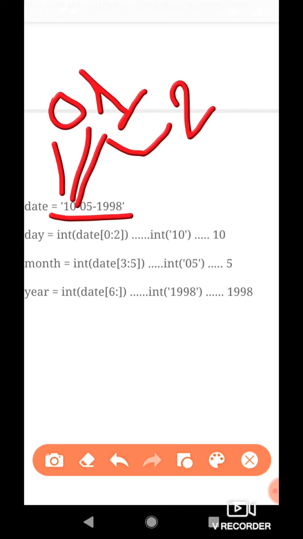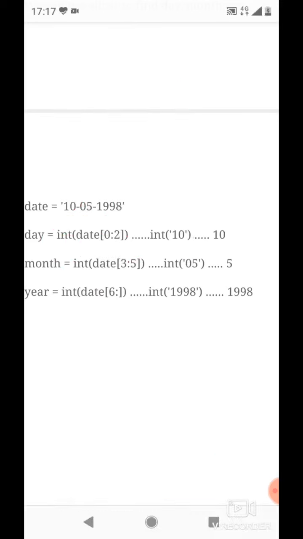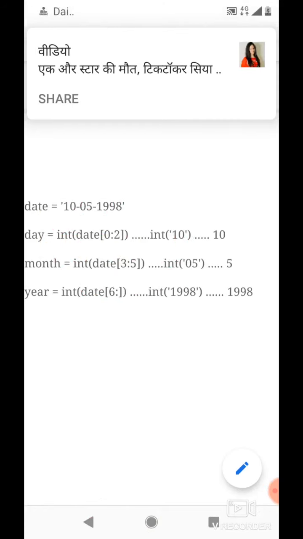So to extract the day part from the string, we write date square bracket 0:2. So this is the slice here, whose start value is 0 and stop value is 2. So we will start with 0, include 1, but stop before 2. So what we will get from this slice is the string 10, which is the first two characters of the string.